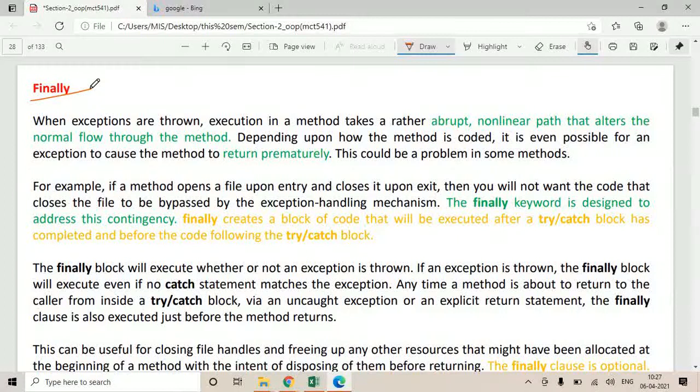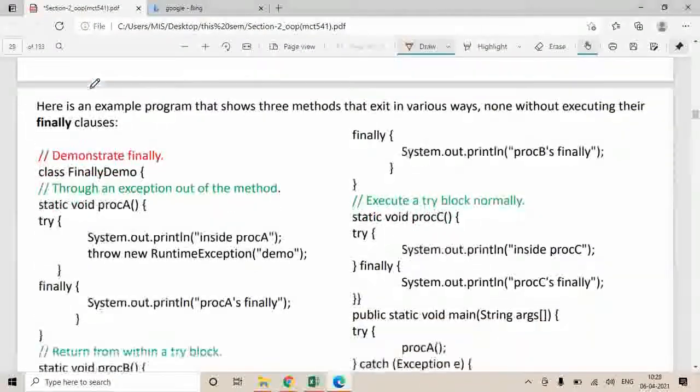So basically you want to close the file in all the situations. So this particular line may be written in the finally block because you are sure that finally will get executed in all the situations. Okay?